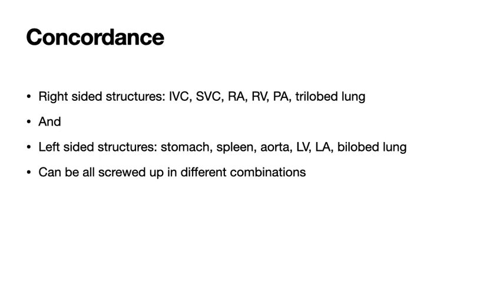And the left side structures, like stomach, is usually on your left, as is your spleen, as is your aorta and left ventricle and left atrium. That one is a bilobed lung. Now, we can't tell that. The point is that all of these things can be all screwed up in different combinations. So you know what the left-sided things are, you know what the right-sided things are, and you can have all sorts